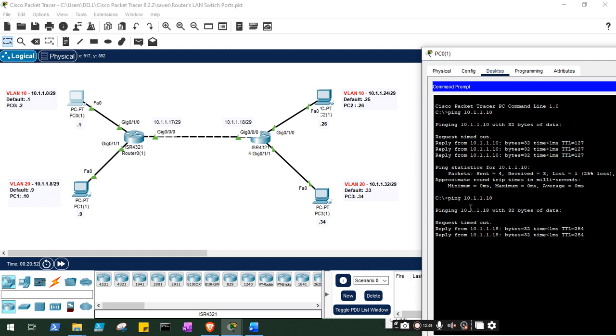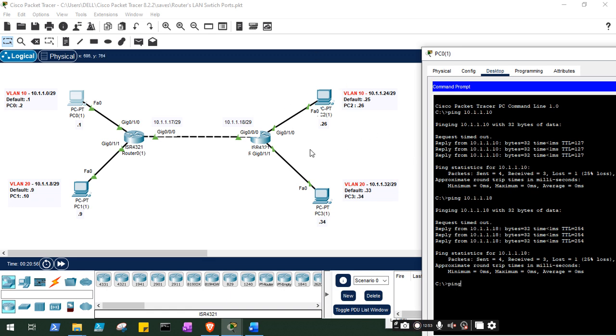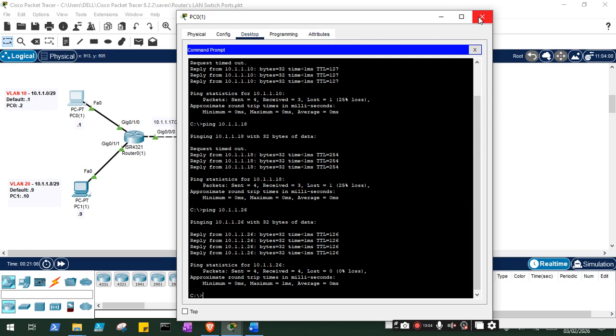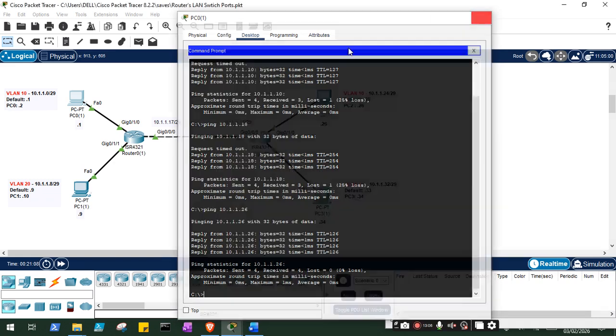It works. Let's try pinging this PC. This also works. So this sums up the demonstration. This is how you configure routers